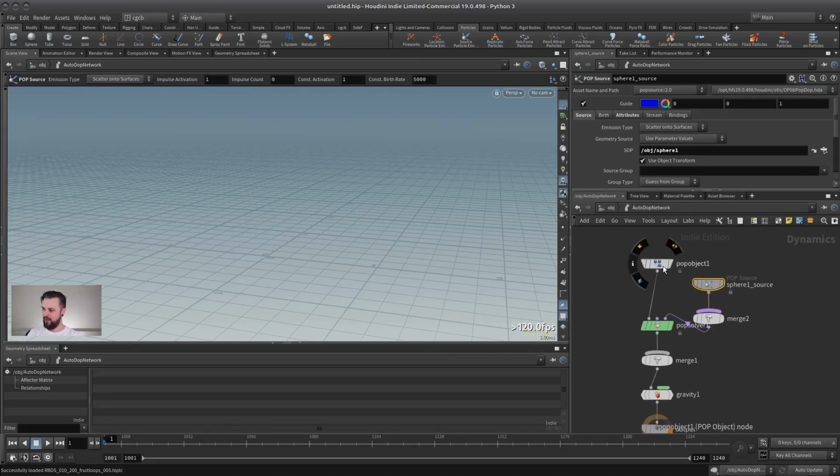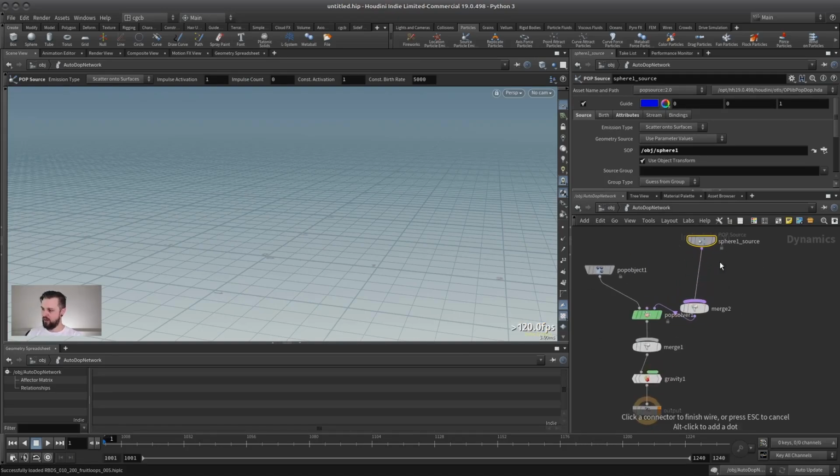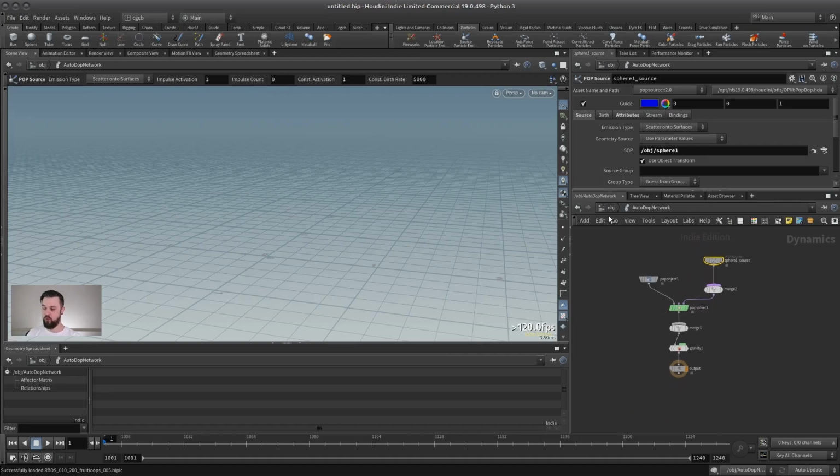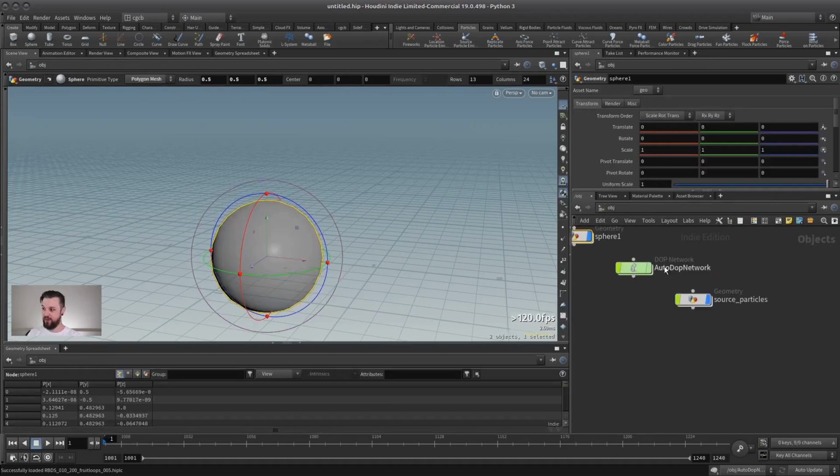I have no idea what this is. I have no idea what each node is doing. What we will do in the course is we will build a setup step by step. Every single node we will create by hand so that we actually understand what each part of it does. Especially when later on you have very complex scenes, you need to understand what they're actually doing